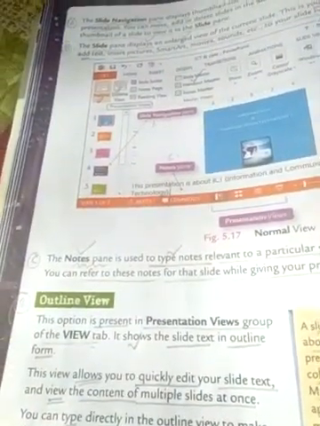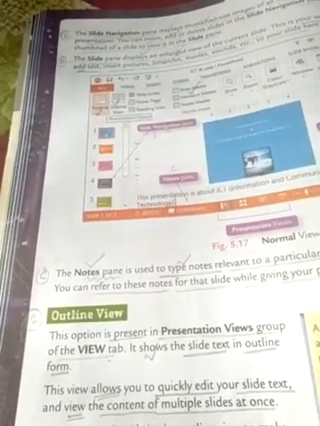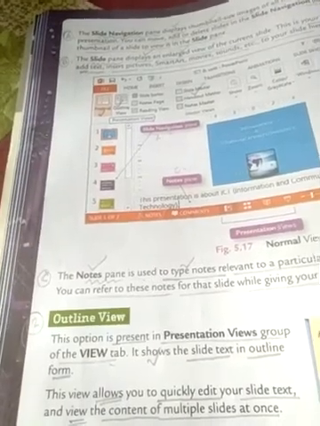That's why we can say that the outline view is the way of showing the slide text in the outline form of the slide of the PowerPoint presentation. Now, what are the different tasks for using this outline view?